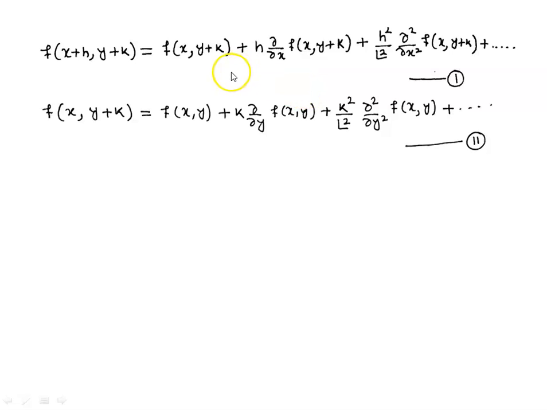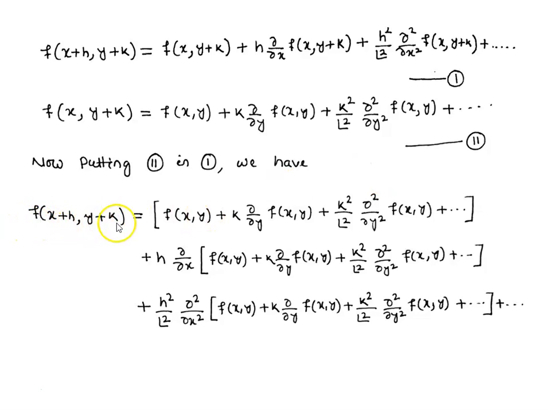Now replacing f(x, y+k) in equation 1 by equation 2. Here we have f(x, y+k), here we have f(x, y+k), here we have f(x, y+k) in equation 1. We can replace this f(x, y+k) by equation 2 because in equation 2 we have f(x, y+k) as f(x,y) plus k del by del y f(x,y) plus k square divided by factorial 2 del square divided by del y square f(x,y). Now by replacing this, we have